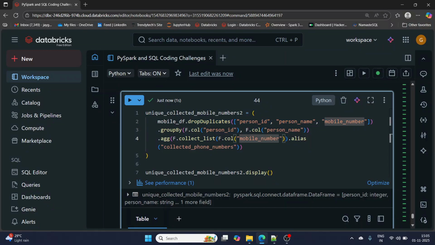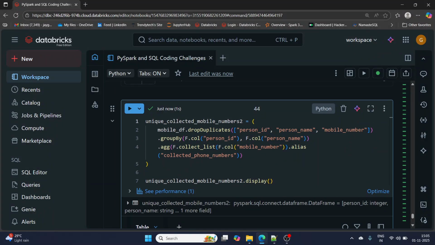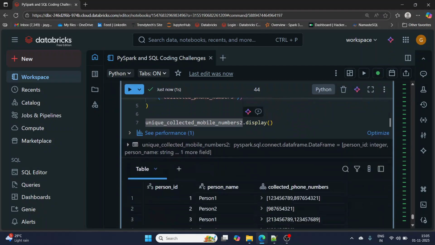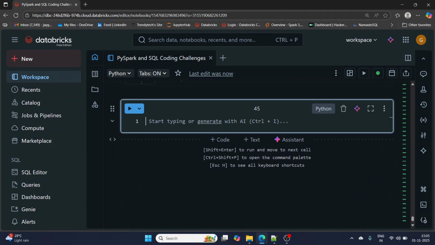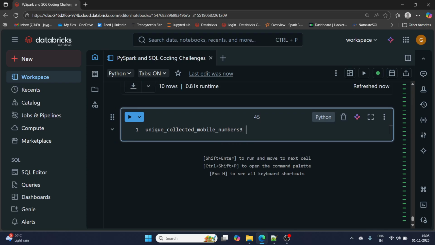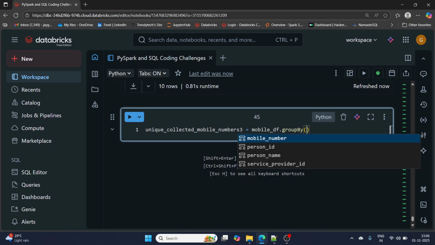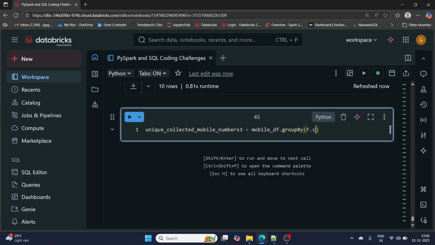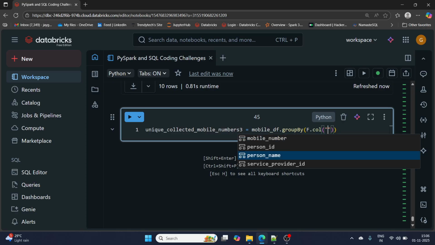First I'll write the code, I'll run the code, and then I'll let you know. Then I'll explain the transformation that I'm using. So now, unique collected mobile numbers 3, for example. Mobile df dot group by. Which columns do I want to use? First is, let's say, person ID, right?